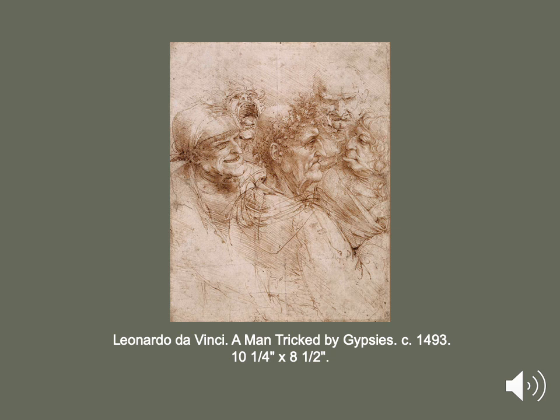In fact, Da Vinci really thought that quote-unquote ugliness was just as worthy as beauty to be studied and to be portrayed, and so he would go out on the street and find all types of people. He thought that beauty was one extreme and ugliness was the other extreme, and that they were both equally important. This is an example of him doing these studies on these quote-unquote ugly people.